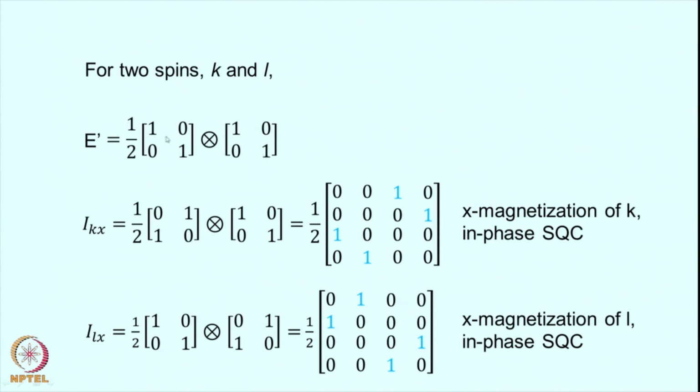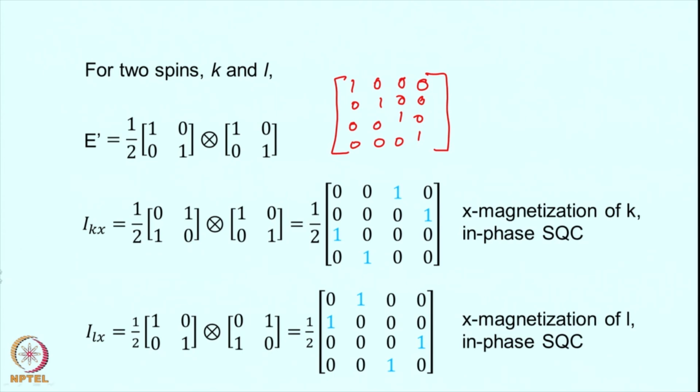And what does this represent? So I take a direct product here, 1 0 0 1 into 1 0 0 1. So I will get here, it is not written here, but only diagonal elements will be present. We can write that explicitly. This will be 1 1 1 1 and all others will be 0. Right, 1 0 0 1, this will be 0, this will be 0, 1 0 0 1,